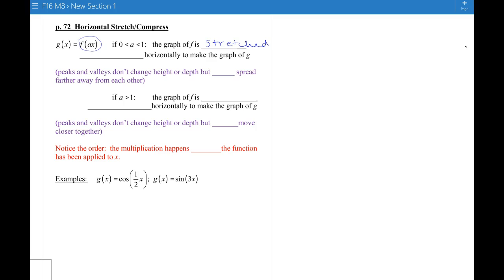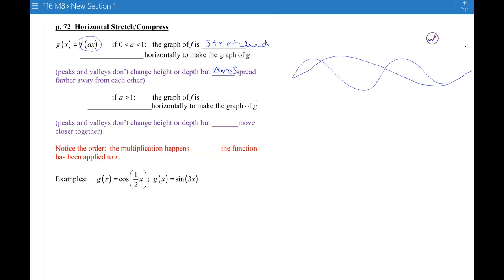So the peaks and valleys don't change their height or depth, but the zeros spread away from each other. So if your curve looked like this, the height of the hills and valleys doesn't change, but the zeros spread